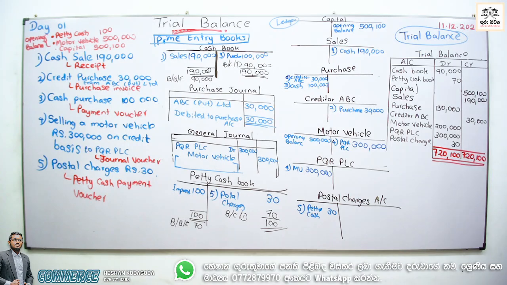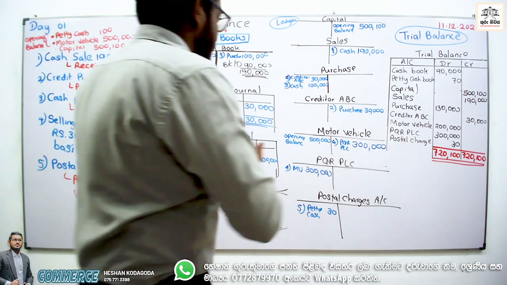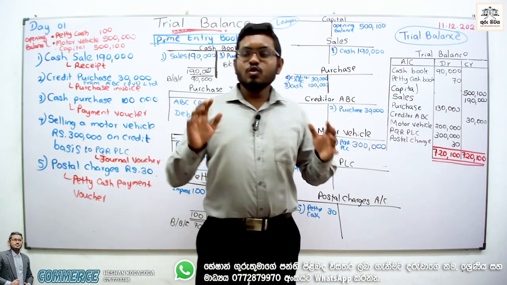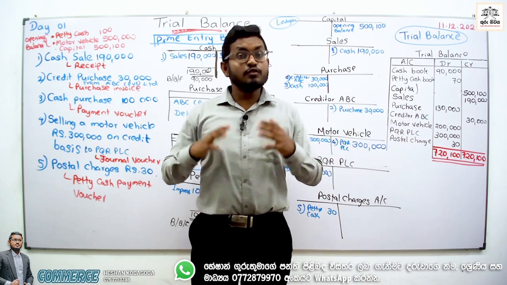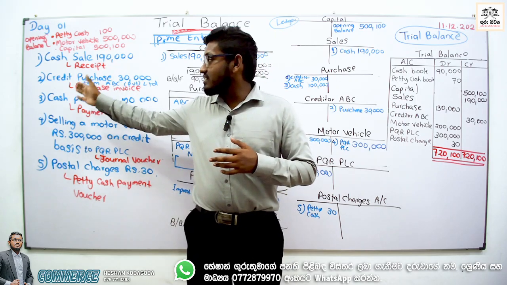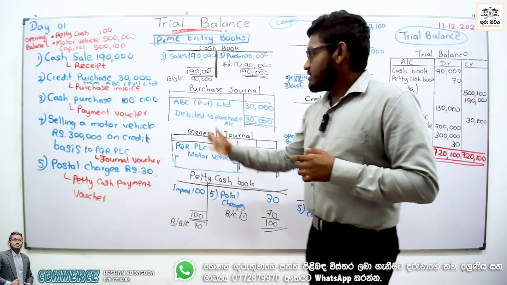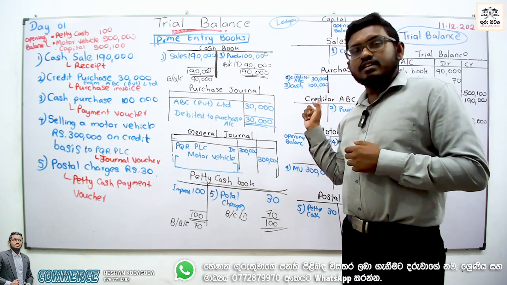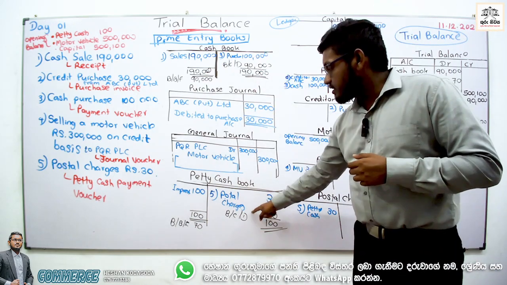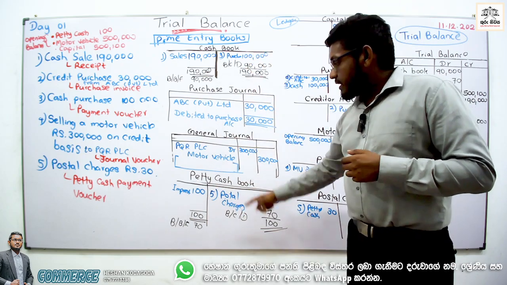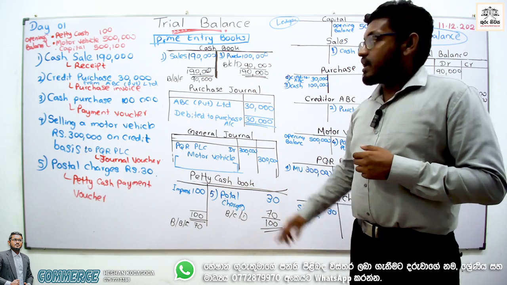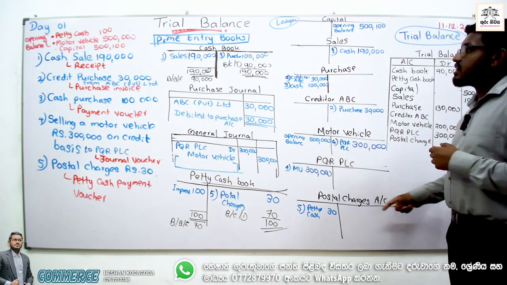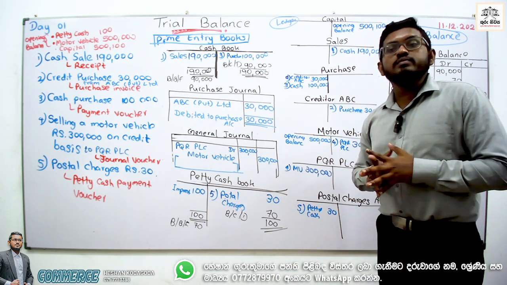Okay guys, let's start back to the lesson. I think you have written this one, right? So do not keep space. What I want to tell you here, I discussed the full accounting process. Once the transaction happened, we need to prepare a source document and record in the prime entry book and extract to the ledger. Sometimes only one account is posted to the ledger because the other entry is in the cash book, petty cash book or bank account. Sometimes both double entries are recorded in the ledger. So we need to balance the ledger accounts plus prime entry books which perform the dual function.